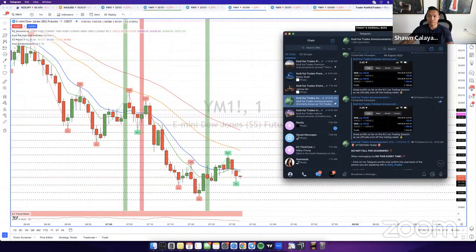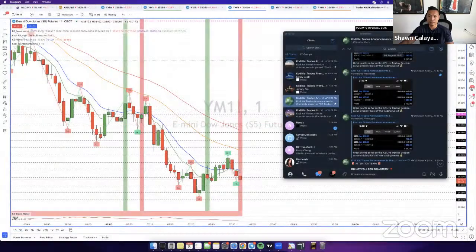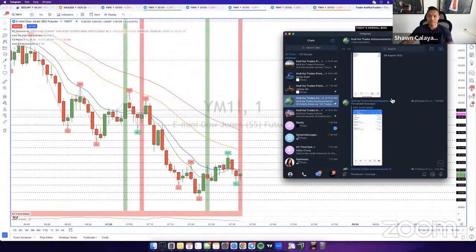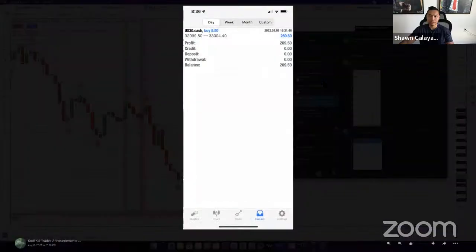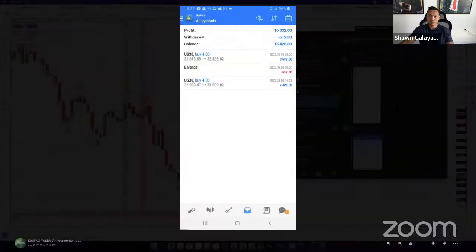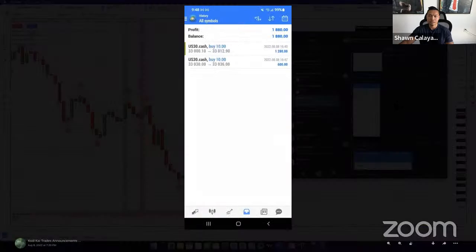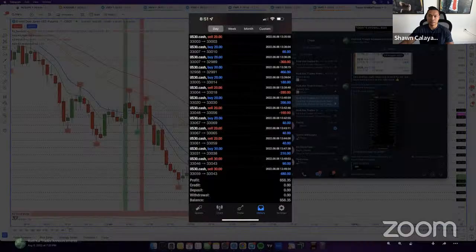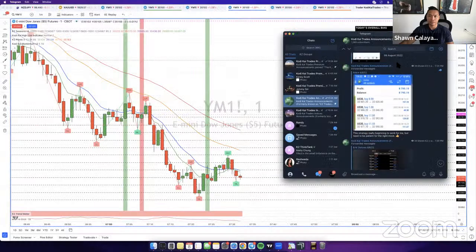I actually made a lot of profit that day, 2,000 across my accounts. Actually made more that day. And then you can see everyone's profits over here. Kenny profit on that day too. Seth profit on that day. Scotty profit on that day. Mace profit on that day. Eric, there's a lot of people who profited on this specific day last year, August 8th, 2022.